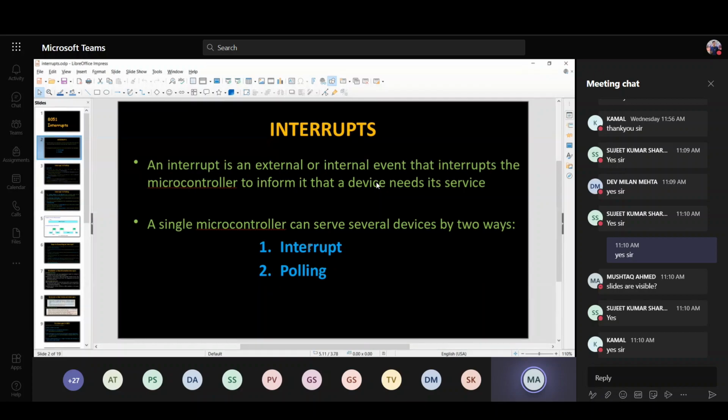And what happens in polling? In polling, whenever the CPU is running its normal program, from time to time it also checks the devices connected to it, whether any device wants to communicate with the CPU or not. Let's go back to our movie example.